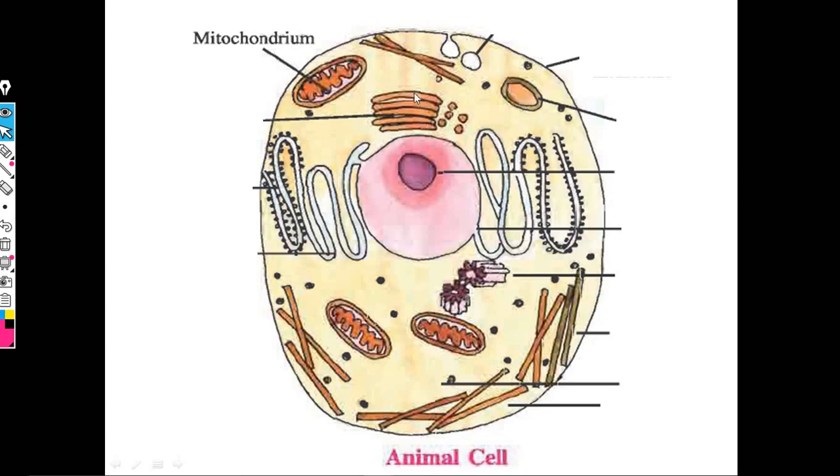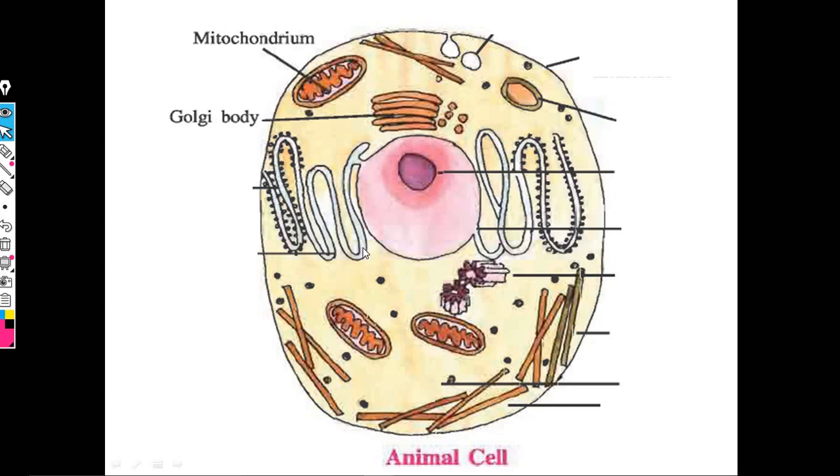Moving toward the second one, Golgi body or Golgi apparatus. How will you identify it? From the swollen ends, and also the structures budding off from it, because it has a secretory function. It is helpful for the secretion of various materials, so there are lots of vesicles budding off from this structure. Normally you have one or two Golgi apparatus shown in the diagram, not more than that. So, Golgi apparatus or Golgi body.